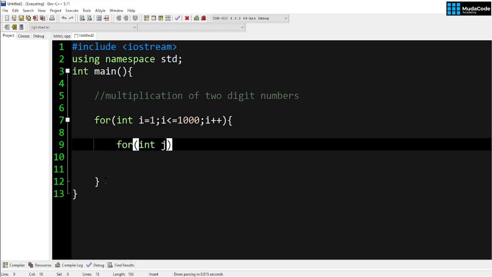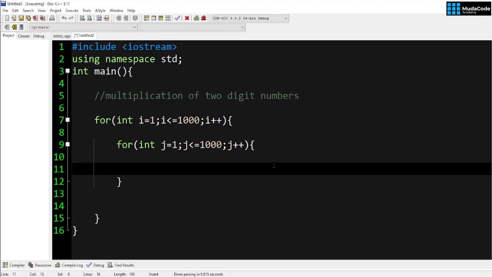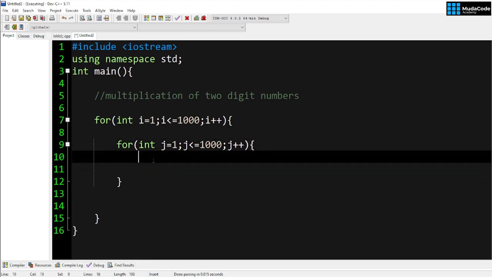You can create any name. If you like, you can give it a nice name, but let's stick to j. j equal to 1 again. j less than or equal to 1000. Then j++. Then we can open the body of this for loop. Okay, so what we want the computer to do is cout